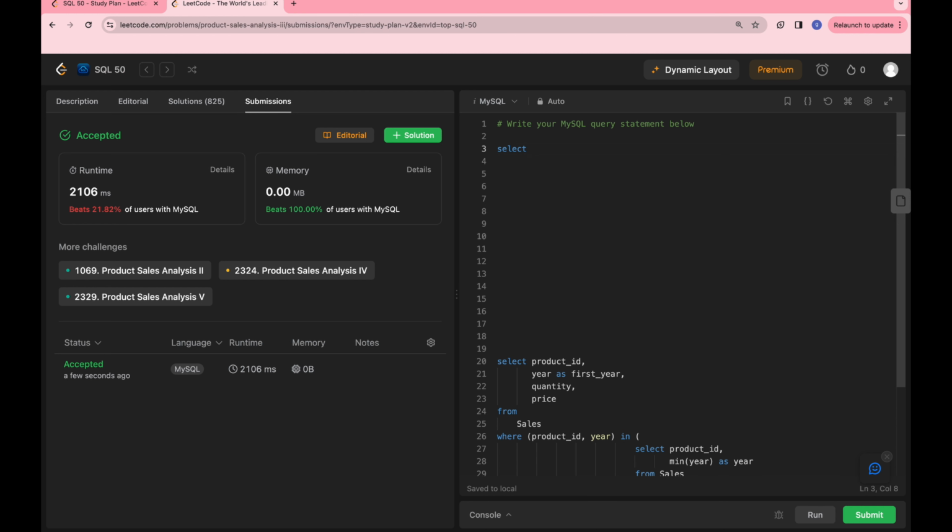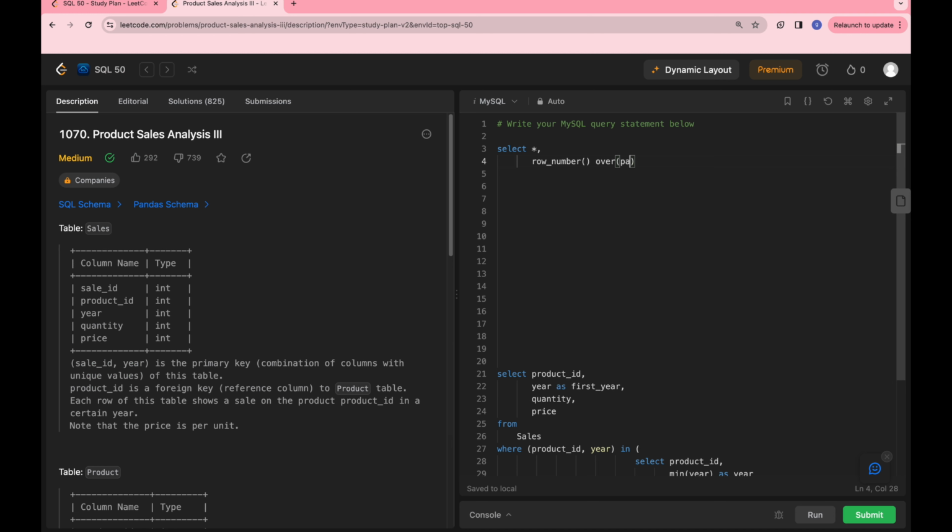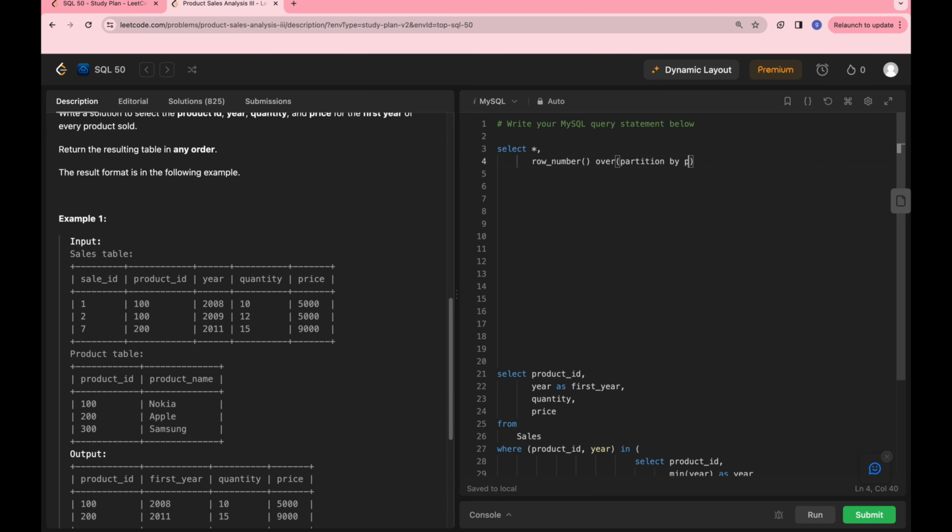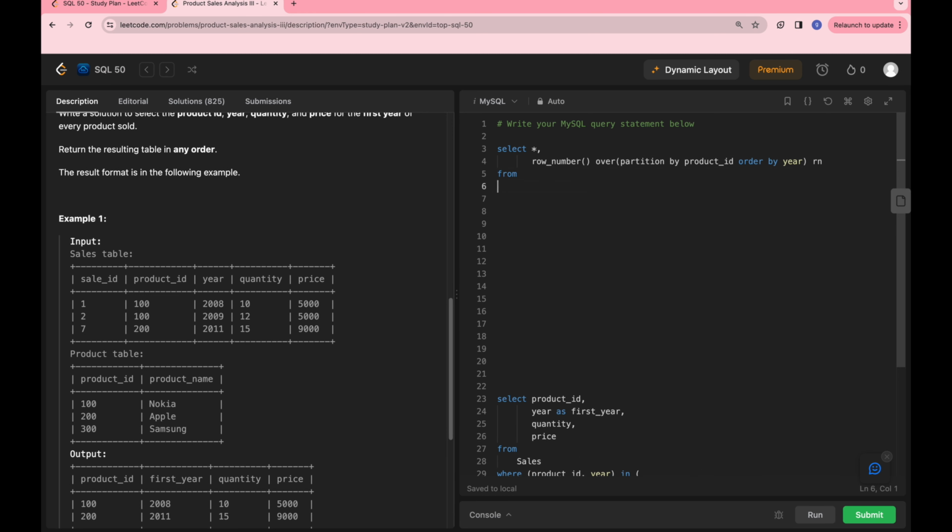I'm gonna do select star and row number over partition by product ID, and we order by year, and we call this RN